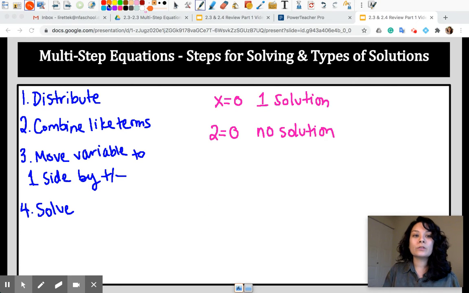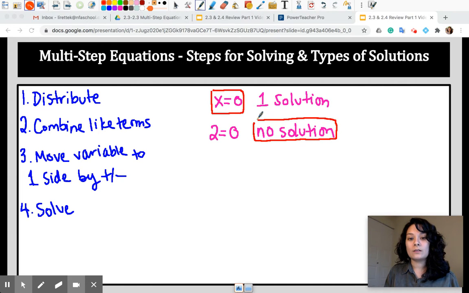Okay, and it's important to note that when you solve an equation and you get an answer that looks like this, that would be your final answer, right? The variable equals the number would be your final answer. If you solve an equation and you get something like this, the phrase no solution would have to be written